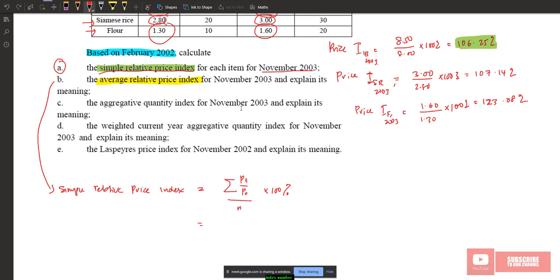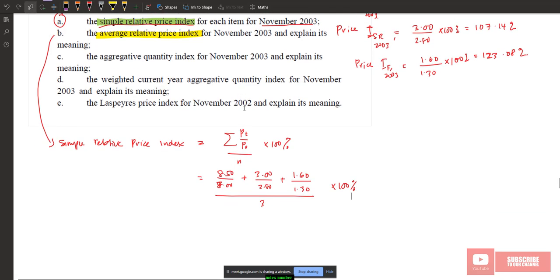So price index for this one is 8.50 divided by 8.00 plus 3.00 divided by 2.80 plus 1.60 divided by 1.30, divided by how many commodity we have? We have 3 commodity, multiply with 100%. So this is how we calculate simple relative price index. Right, so this one should be equal to